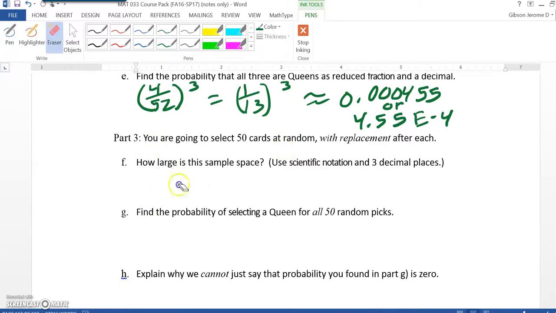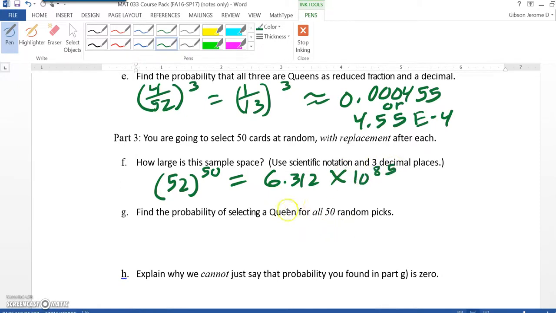actually it's not 50 cards. It's still 52 cards. But they're saying of these 52 cards, you're going to select 50 at random. So you would take 52 to the 50th power, and that would give you 6.312 times 10 to the 85th power. Or in your calculator, it'll come up as 6.312